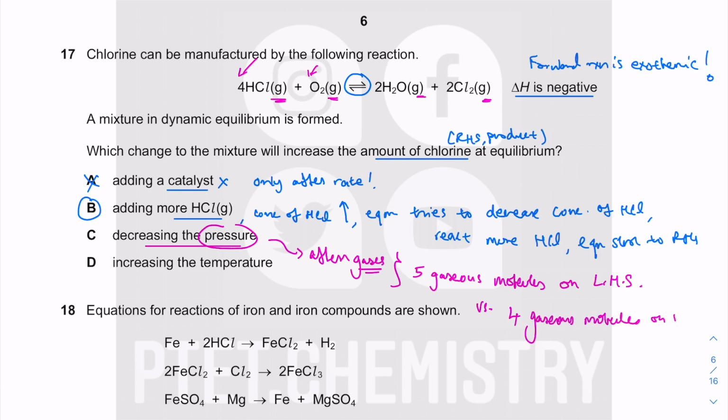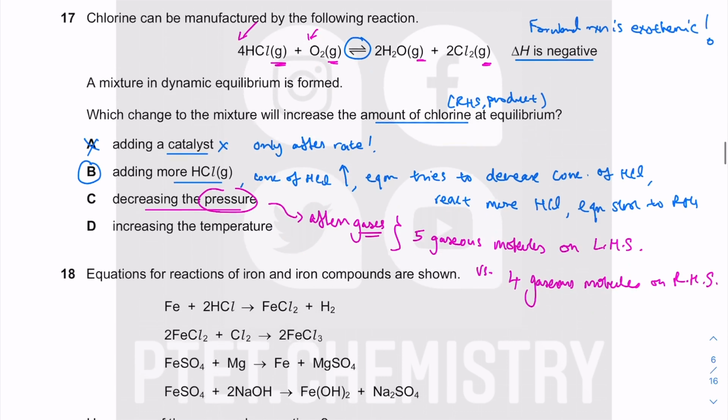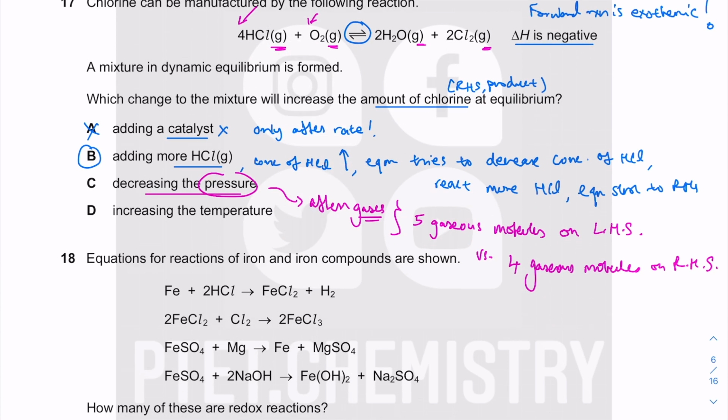So these are things they like to ask you in structure or theory paper. Yeah, okay. A lot of students tend to skip equilibrium questions, but they tend to be one of the easiest ones to score. You can have a look at some of my topical playlists, as I mentioned, on chemical equilibrium. So the more gaseous molecules you have, the higher is the pressure, because more molecules mean there will be more collision on the walls, because when you have more particles, they collide more with the wall,